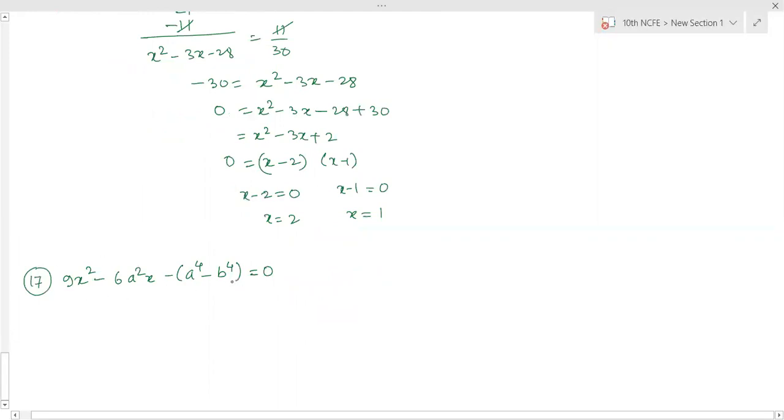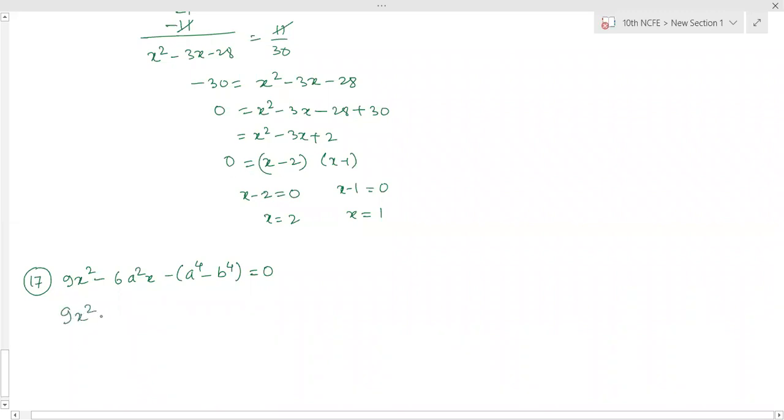Now this kind of question, here numbers are not there, variables are there. So in such questions, have you completed the earlier question, everyone? Yes, ma'am. Okay. In such questions, what you have to do is open the bracket. Don't try to factorize this as a to the power 4 minus b to the power 4, as a square minus b square into a square plus b square. Nothing will happen because of that; it will become more complicated, with no easiness. So here, open the bracket.